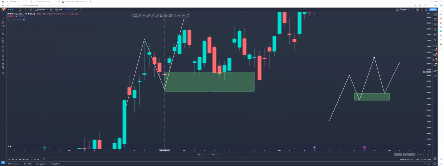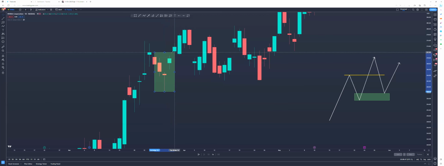We picked the last bearish candle, right? Remember this: the last bearish candle before the break of structure. So it would not be this candle. It would not be these candles right here. It would not be these candles up top. Why? Because it's not the last bearish candle. We want the last bearish candle when we're looking for that move up.